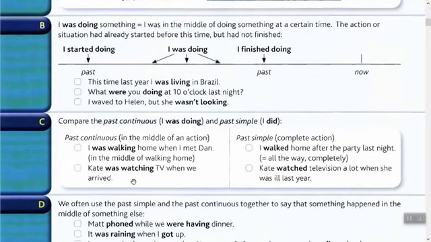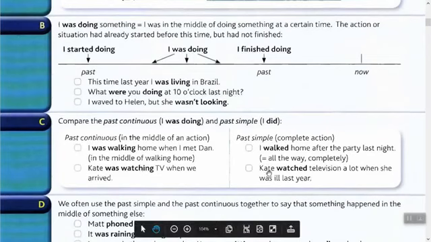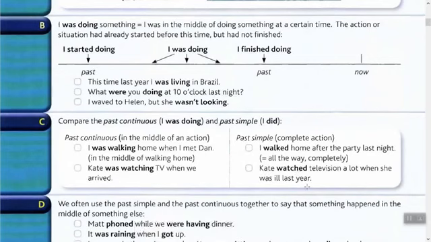Kate was watching TV when we arrived. يعني احنا when we arrived من طبينا للبيت لقينا مثلا واحد يقول لقيت واحد من أهلي was he or she was watching TV when we arrived. يعني when we arrived قبل لا نوصل احنا شبيه هو كان يباوع أو هي was watching TV، ومن وصلنا هو يباوع واستمر يباوع ساعة ساعتين وراح نام. اوكي فشوف continuous. Kate was watching TV when we arrived. لكن هنا شجت Kate watched TV a lot when she was young last year. Okay she started and finished. ماكو شي continuous. هي شاهدت التلفاز and finished.